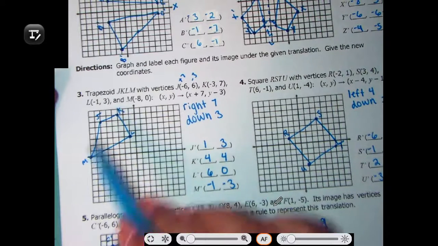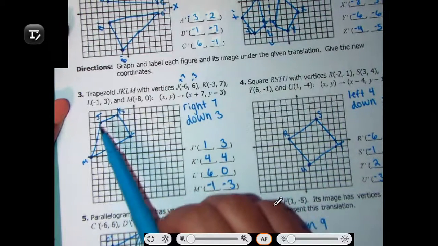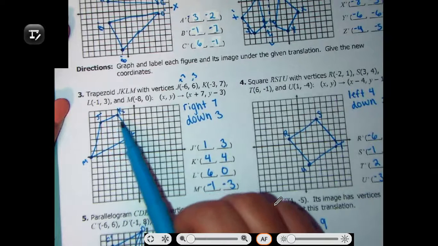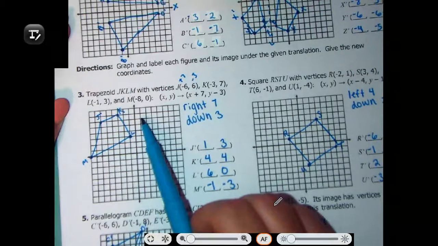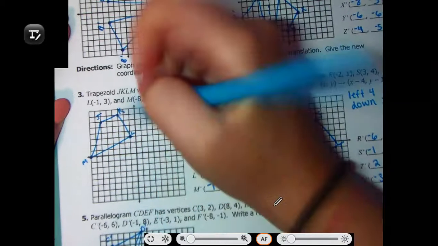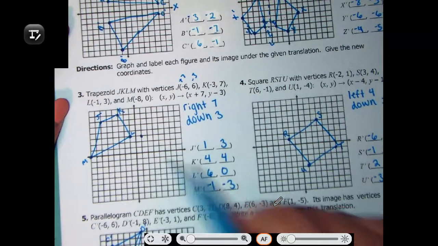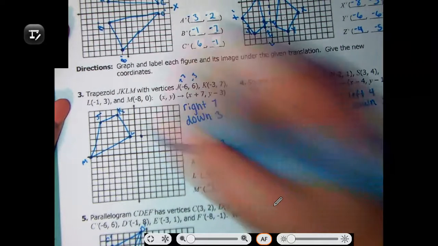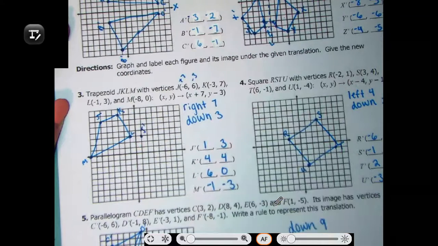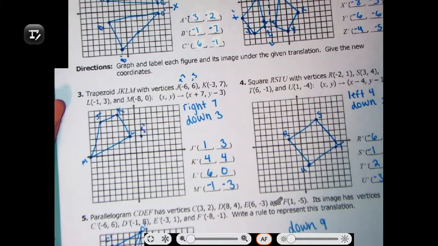So I'm going to go ahead and count. I'm going to go to J and I'm going to go right 1, 2, 3, 4, 5, 6, 7, and then down 3. 1, 2, 3, and put my point. And then it's kind of a good idea, let me just make sure. Okay, is that at 1, 3? Yes, it is. So I have J prime right there,